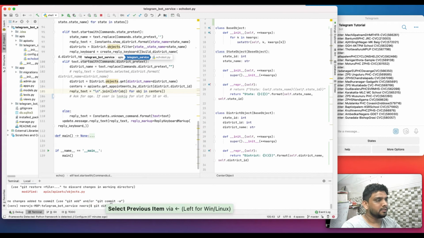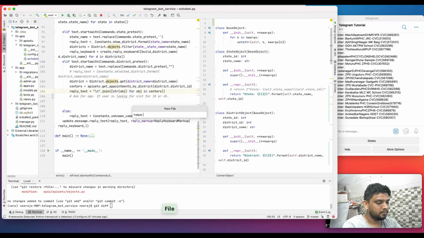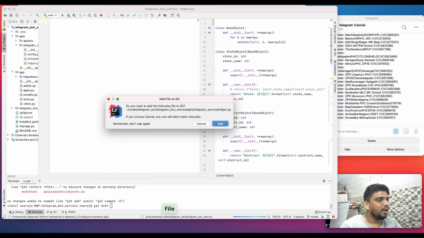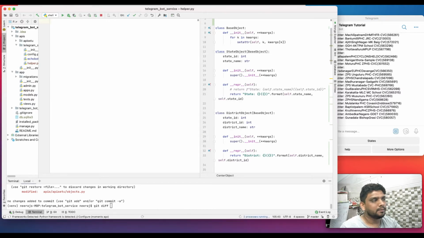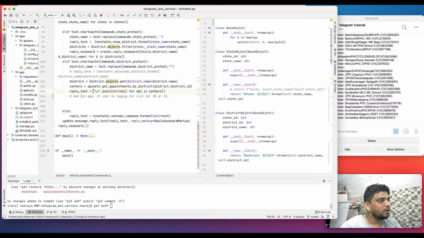Let's create another file called helper and add some functions.